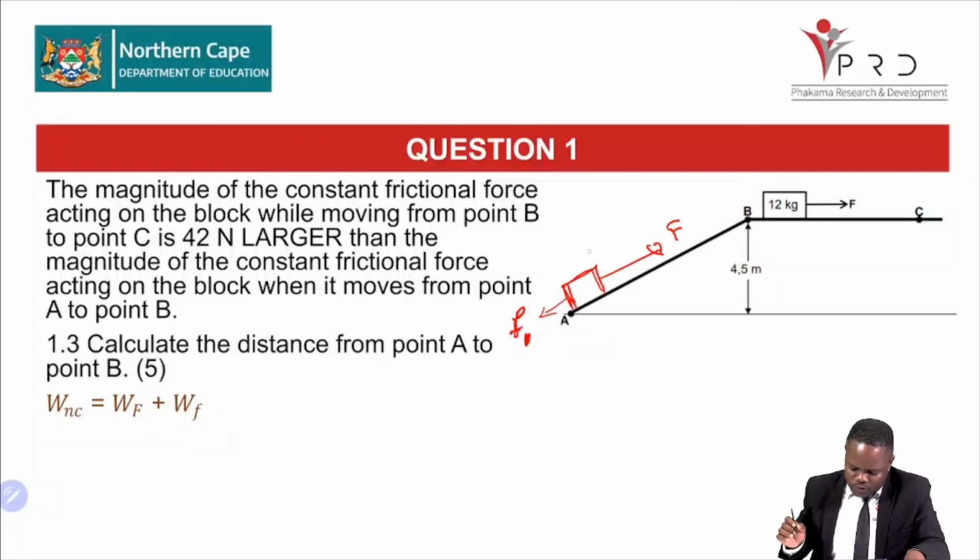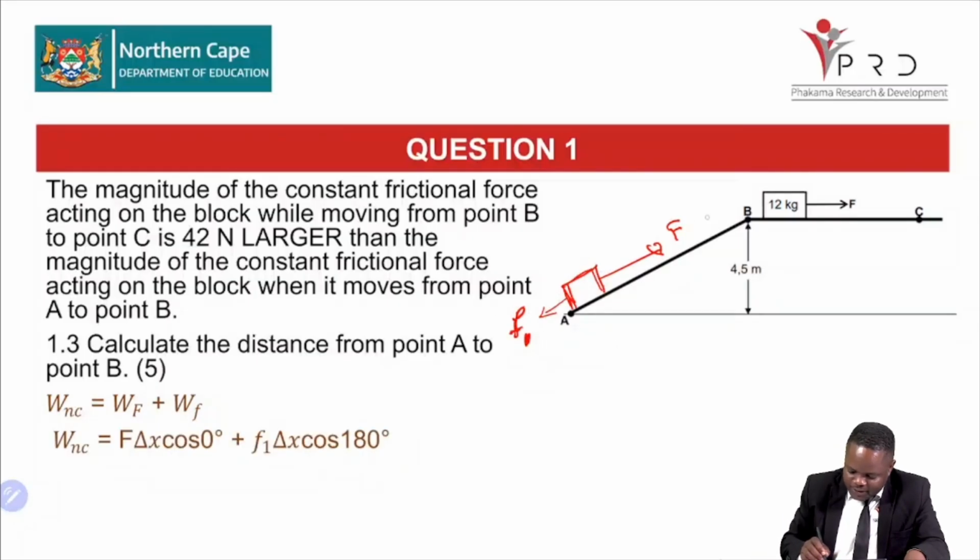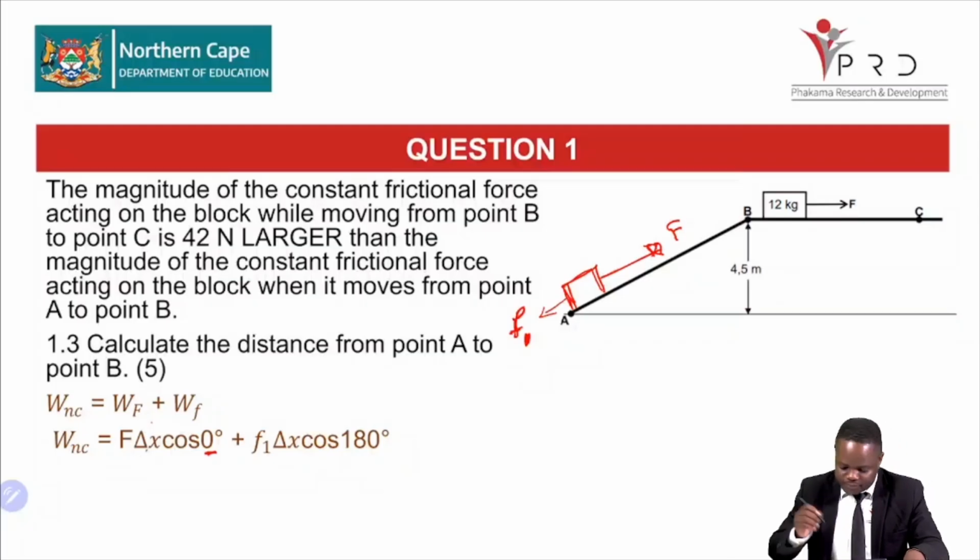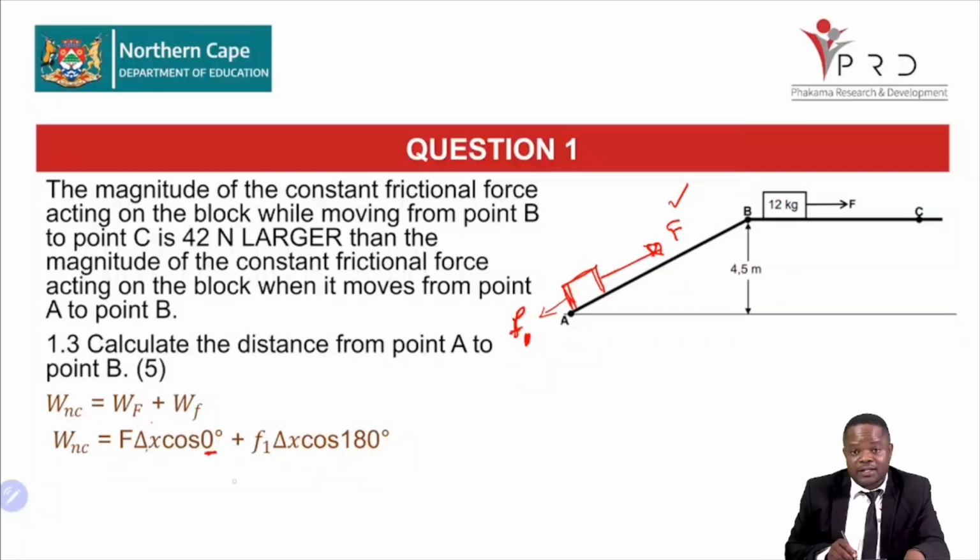What do we know? We know that the work done by the force F is equal to F delta X cos theta. Your F is in the direction of displacement, so the angle is going to be 0. Remember, delta X is what we want to calculate. Then the work done by the frictional force is going to be, we say our frictional force is F1,